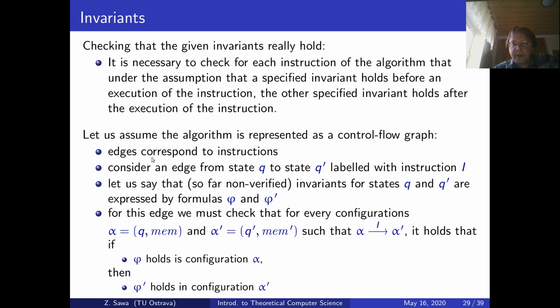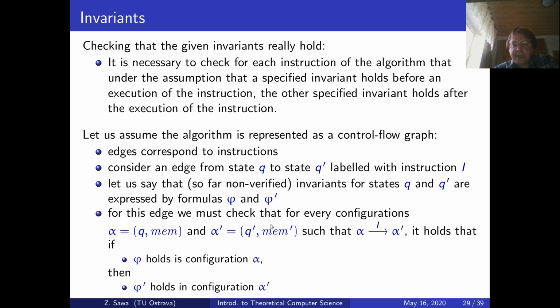So if we have an edge from state q to some state q prime, labeled with instruction I, and this state q has some invariant expressed by formula phi, and state q prime has some invariant expressed by formula phi prime,